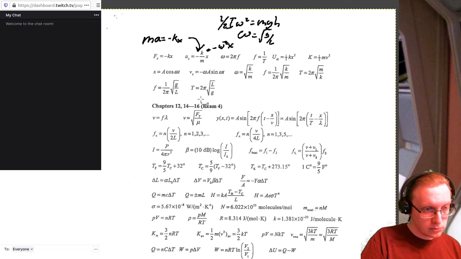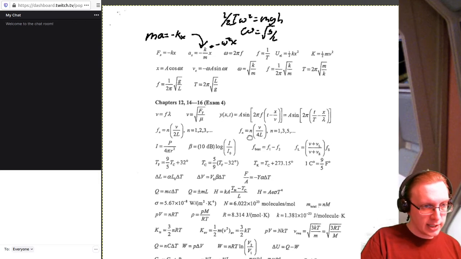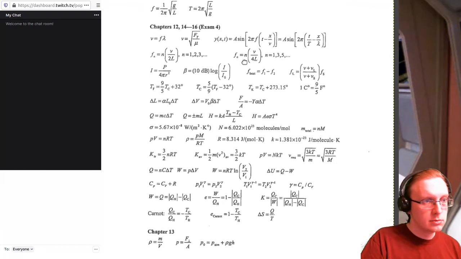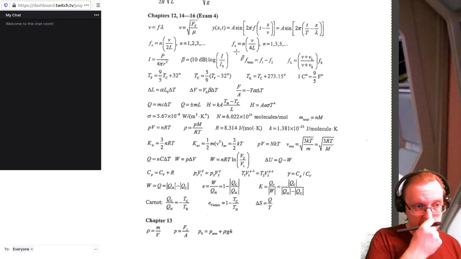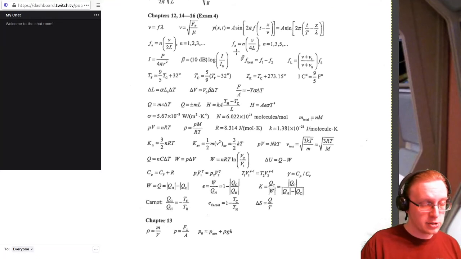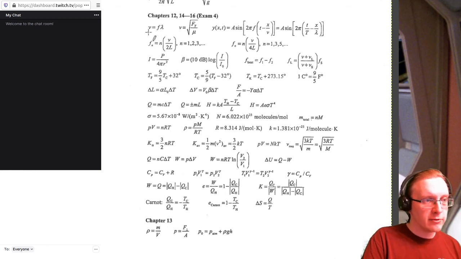And then we get into standing waves, into wave velocities and such. So then we have velocity of any wave, and this is velocity of a wave on a string with our force tension and the linear density, and then this is the